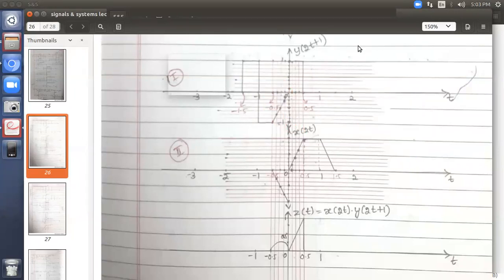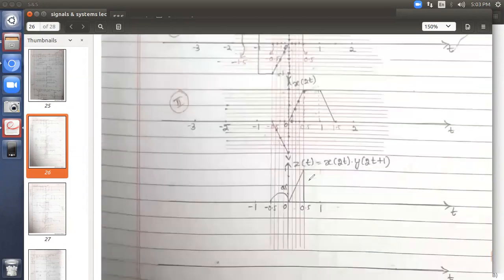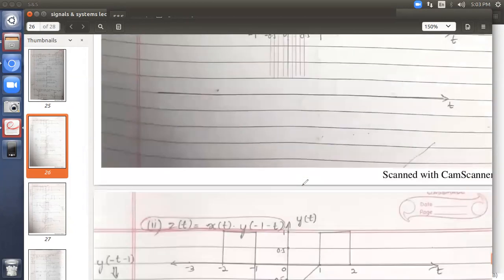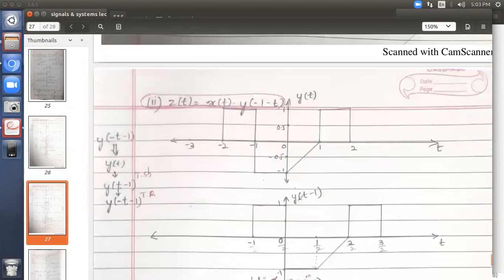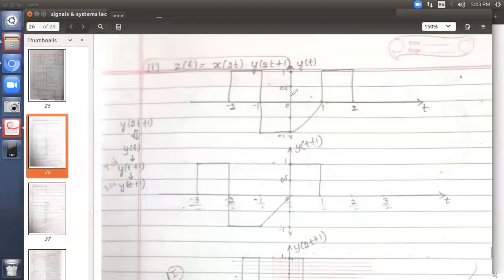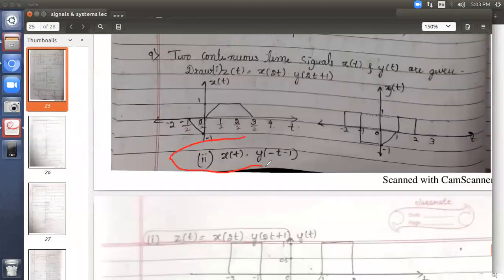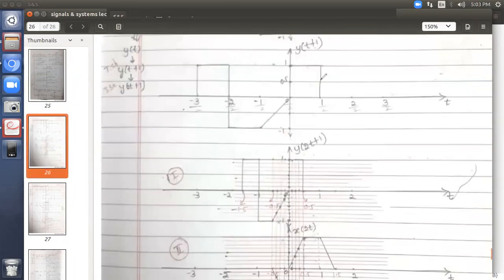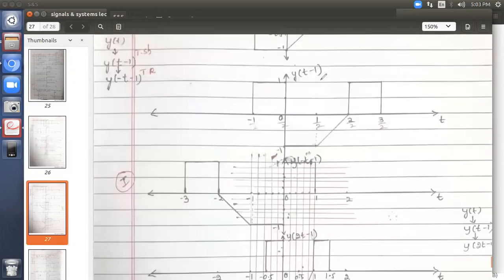So let me take one more example. This was the second problem. Okay, shall I show you this problem? Here. Okay, the second problem. I think yesterday I got one or two answers, but sorry, I could not check them. I'll check it today. Anyhow, I'm explaining now, and I'll check it today.